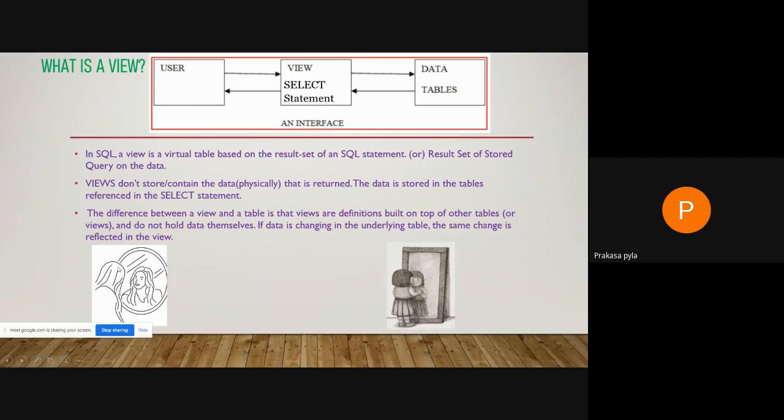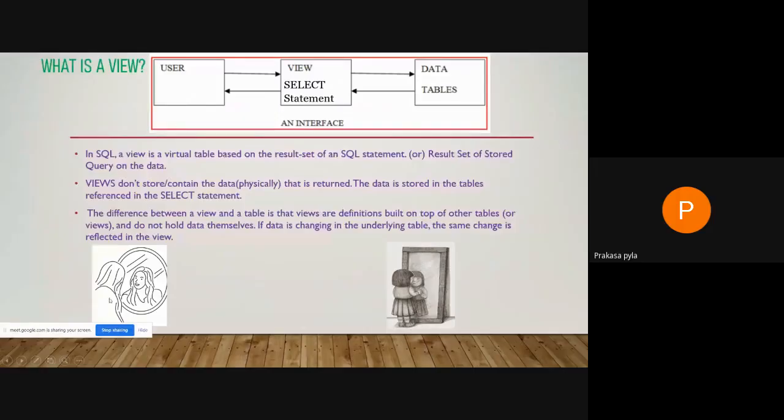A girl is looking into the mirror. So the image of the girl you can see in the mirror. Now, in case this girl is laughing, you can easily understand that the image is also laughing. We can consider this girl as a table, whereas this image is a view. So this image has been generated because of this real world entity or object, the girl.